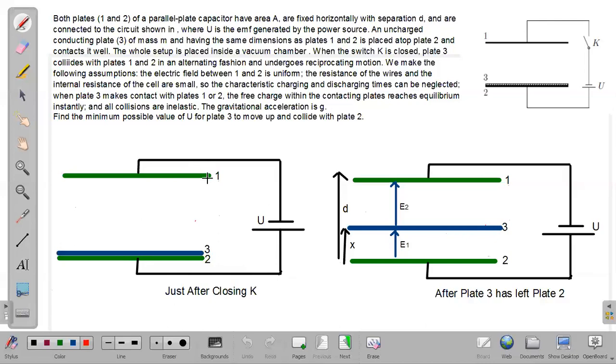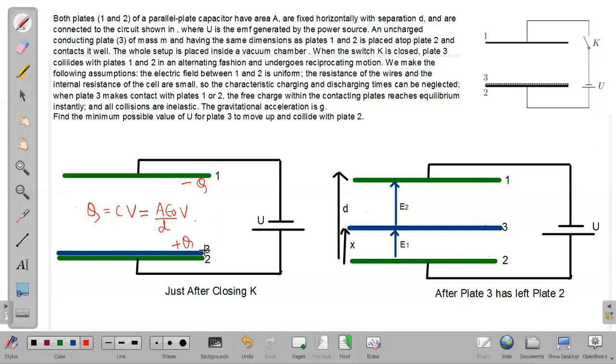Plate number 1 will be charged by a negative value of say minus Q charge. And the top side of plate number 3 will be charged by positive Q. And this charge can be easily calculated as capacitance multiplied by the potential difference, which I denote as V. This V and U are same. We are habitual of writing voltages as V. Some textbooks write it capital U. So capacitance can be written as A epsilon over distance D, times this voltage V. That's the very first equation.